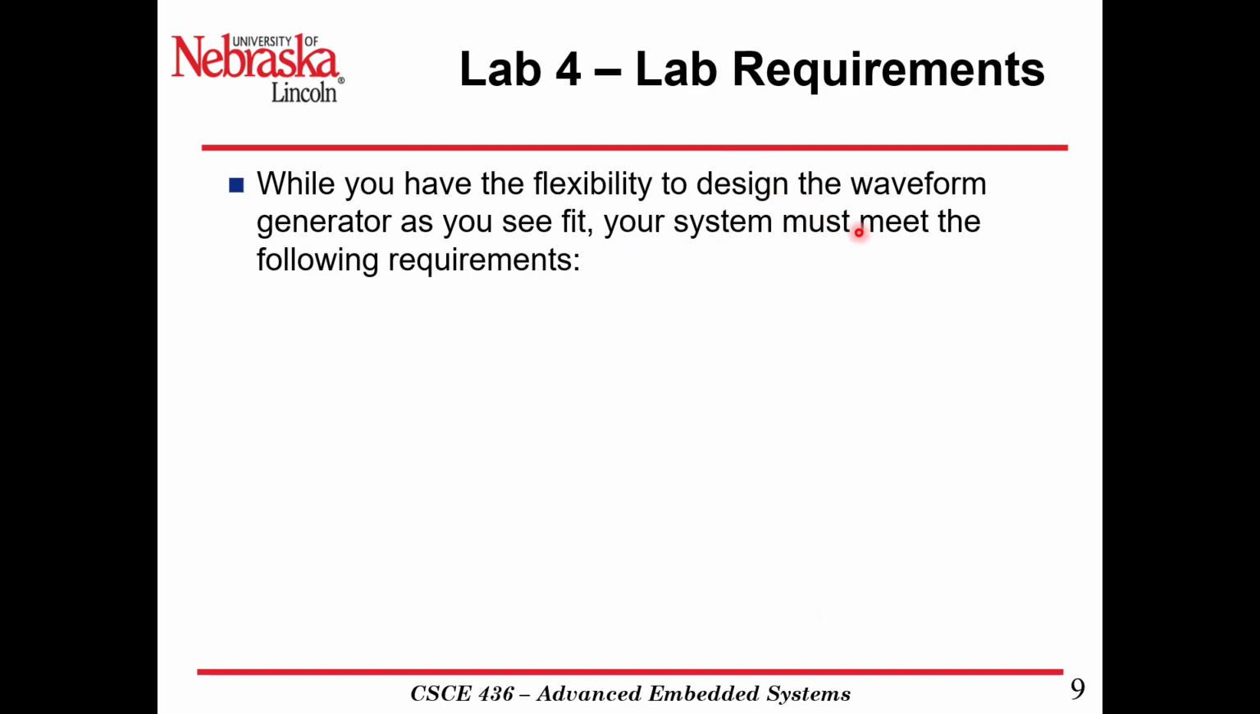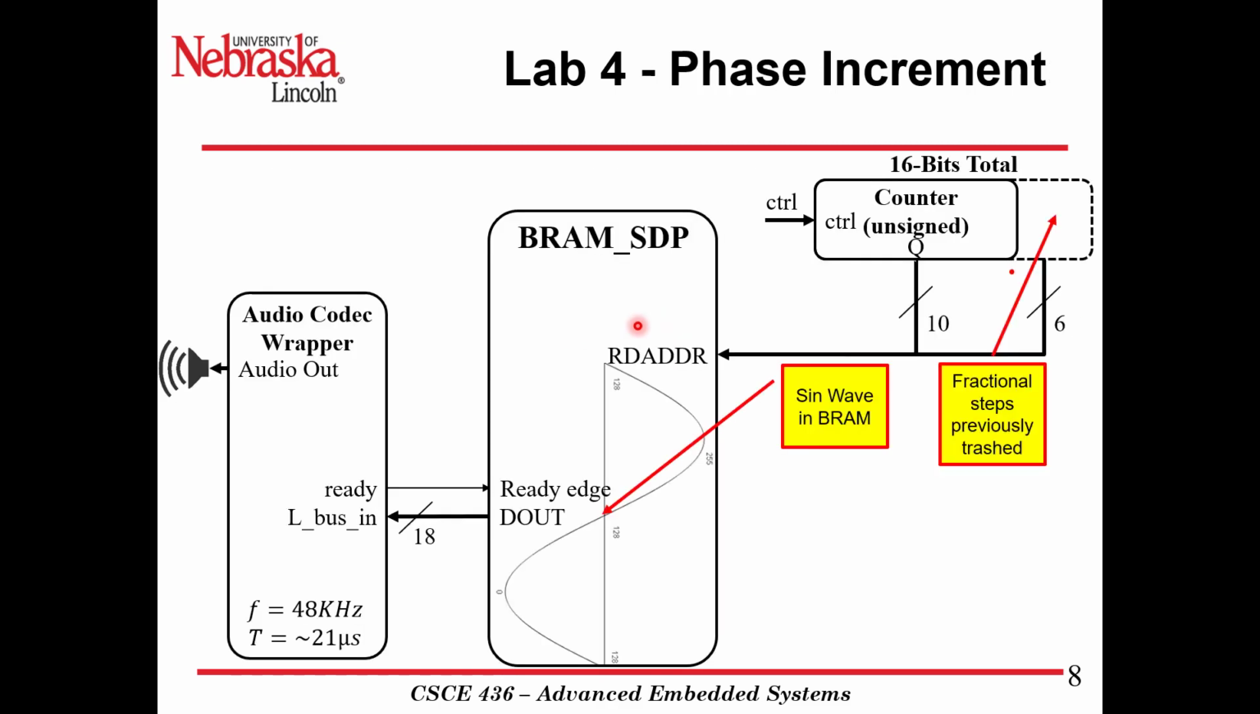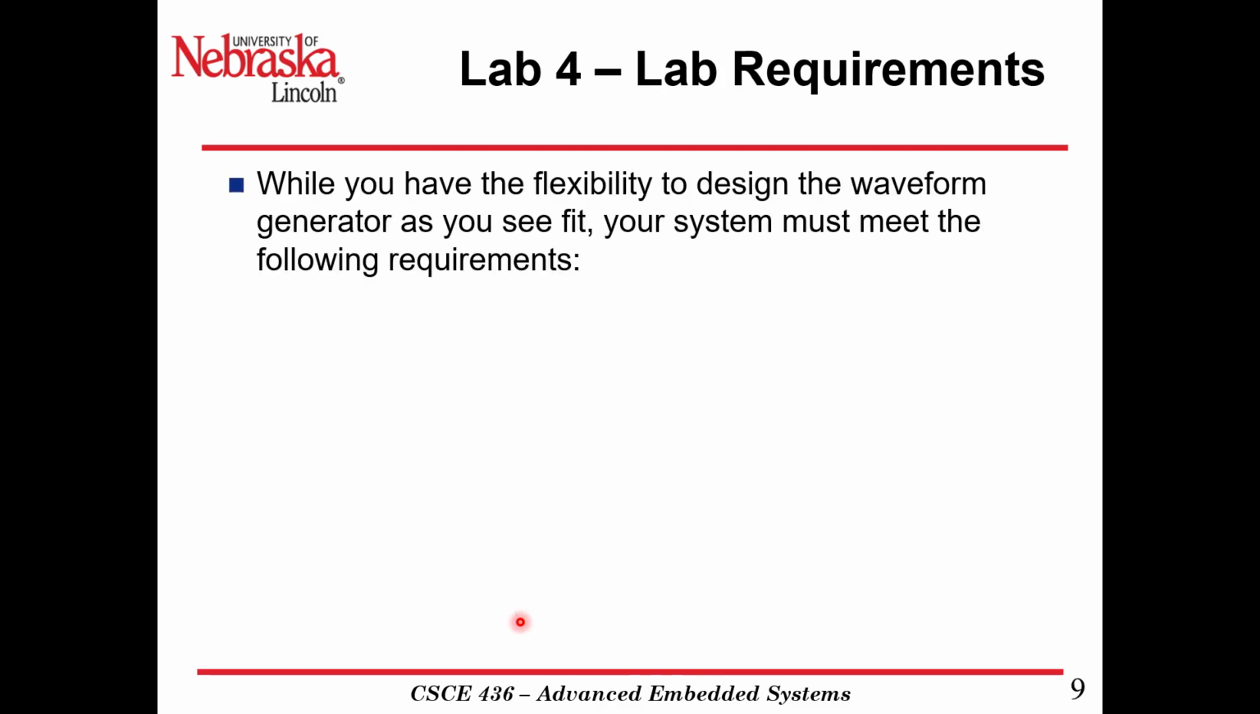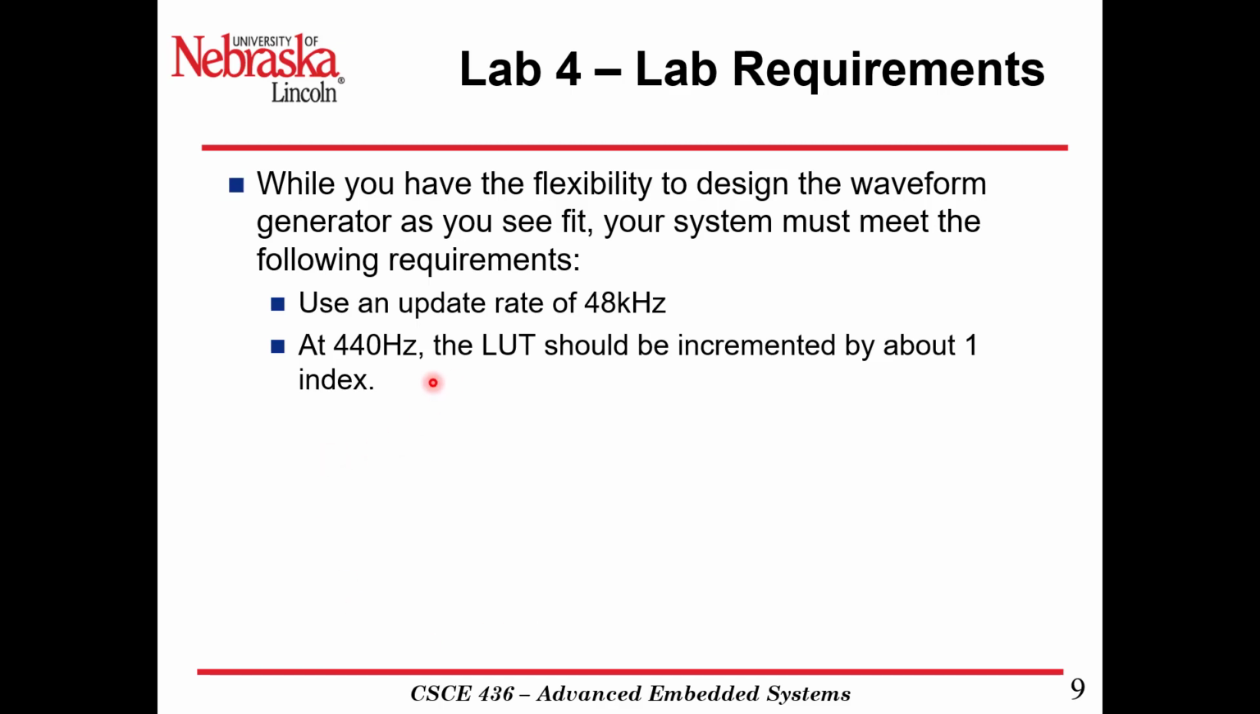All right, so the requirements. You have flexibility to design the waveform generator as you see fit, but you must meet the following requirements. So, update rate of 48 kilohertz, pretty easy. You already have an audio codec that updates at 48 kilohertz, approximately every 21 microseconds. You want to generate at 440 hertz, the lookup table should be incremented by about 1 index value. So if you go back to lesson 26,